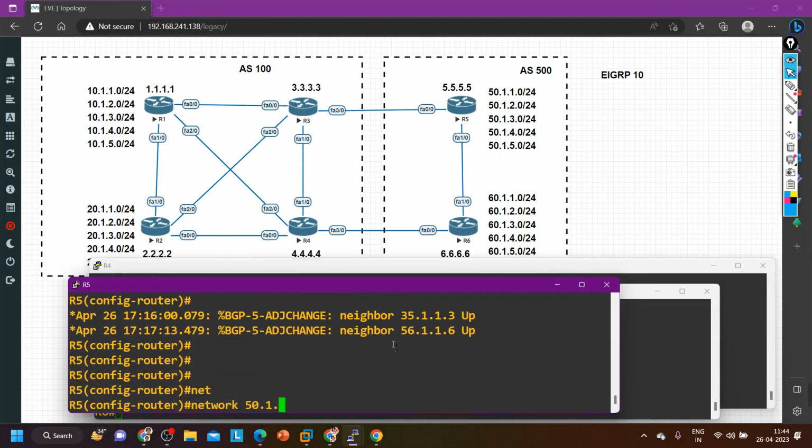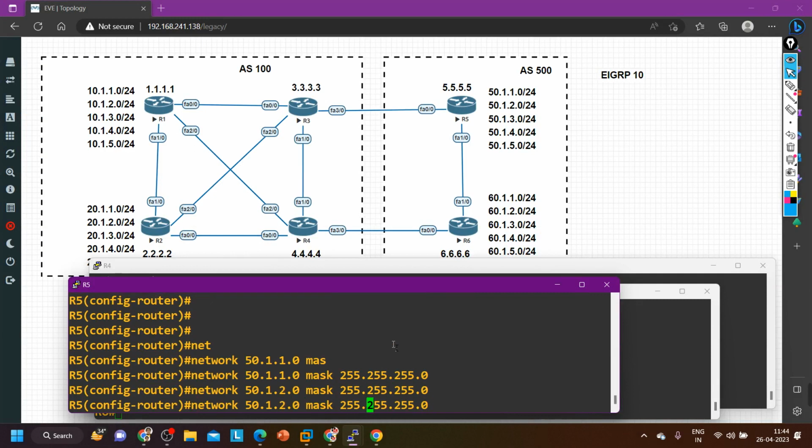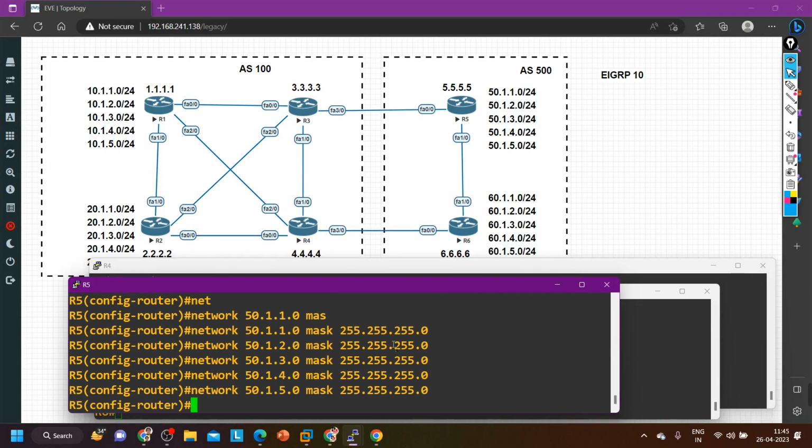Network 50.1.1.0 and mask 255.255.255.0, 50.1.2.0, 50.1.3.0, 50.1.4.0, 50.1.5.0. Guys, you can consider that